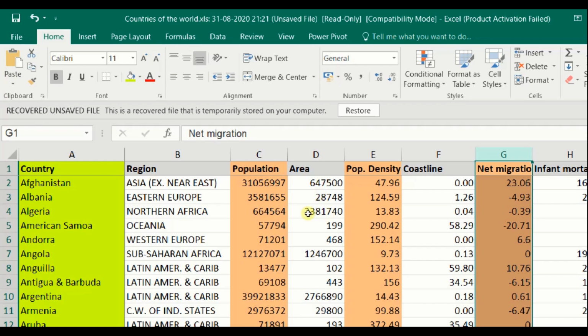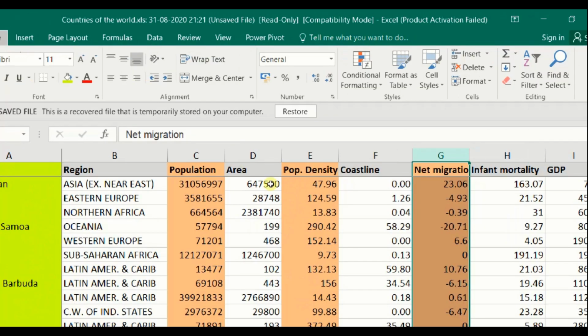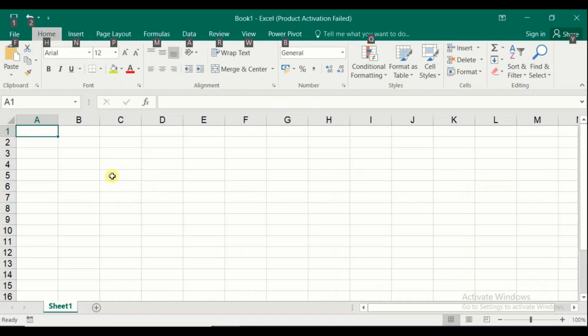So this is the use of auto recovery data when we enable it in Excel. You can also save this file and continue your tasks from your desired location.